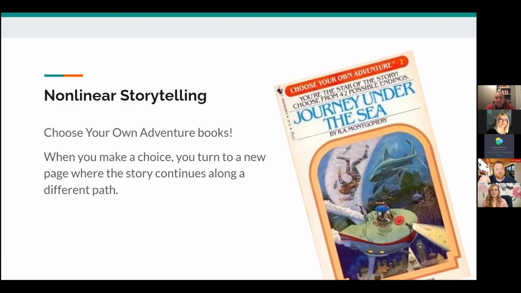When you turn to the new page, the story continues along a different path, depending on your choice. Choose Your Own Adventure didn't invent this. There were experimental novels doing this back to the 1930s. But in the late 70s and the 80s, with Choose Your Own Adventure, this became commercially accessible.